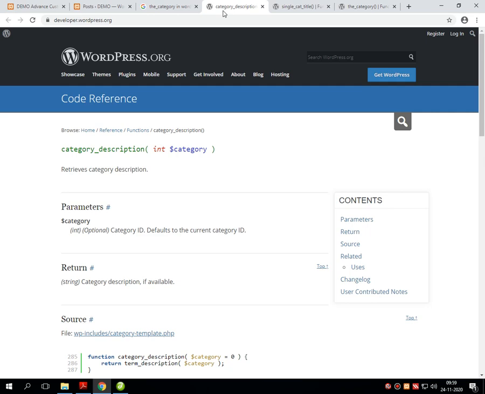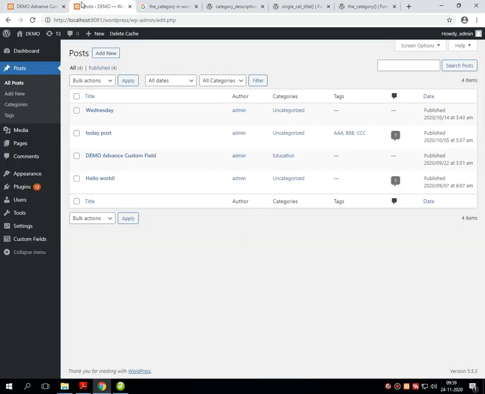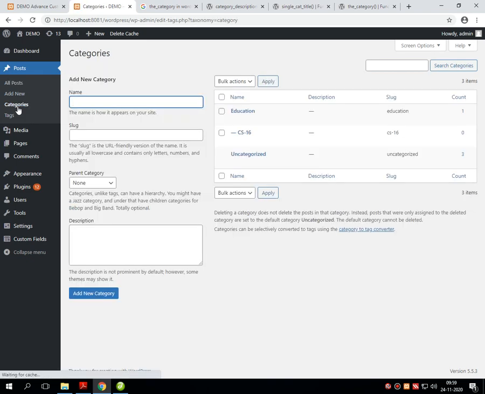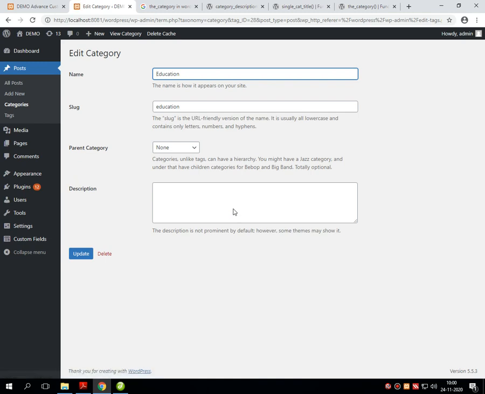It retrieves the category description. That means if we have given a description inside the category, it retrieves that particular description onto the screen. So in the category, here we have to give the description of the category. For example, suppose I am editing this category called Education. There is no description given here.